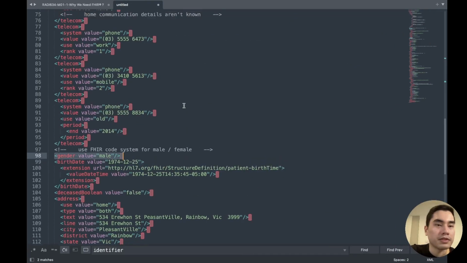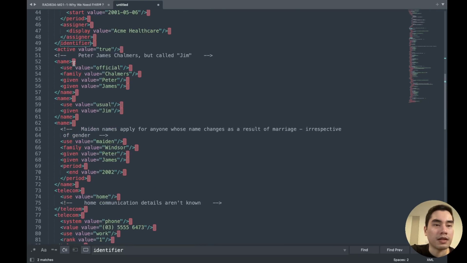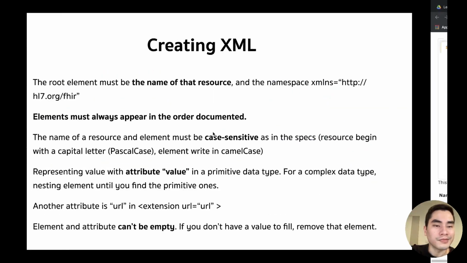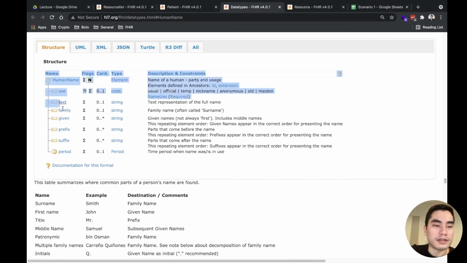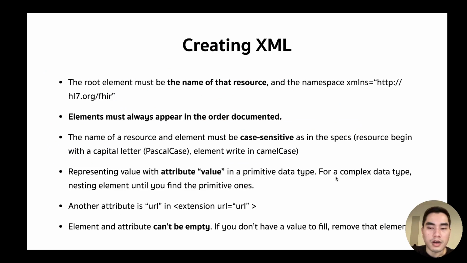So when you represent it in XML, you have to put it in nested form. So name, this one has no value attribute, right? And every child is put inside that element like this. This one is the same as this one. And if it's a complex element and a complex element inside that, you just do the same thing, nest it and nest it and nest it.